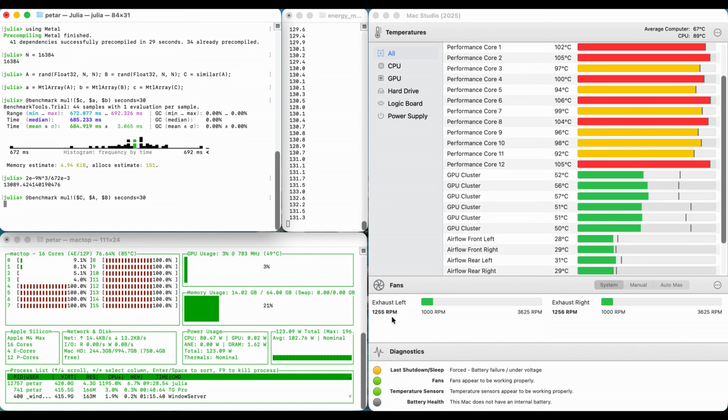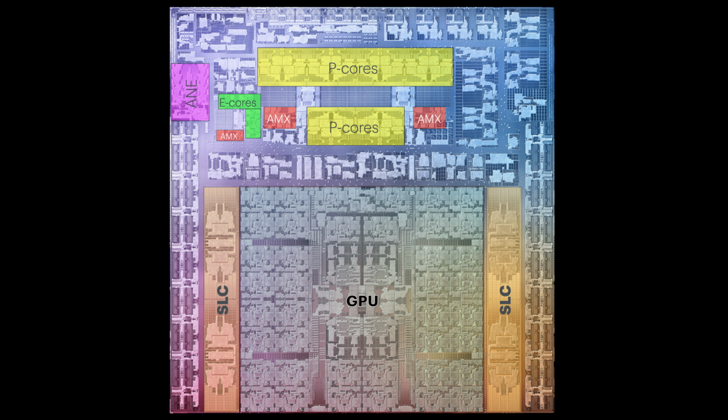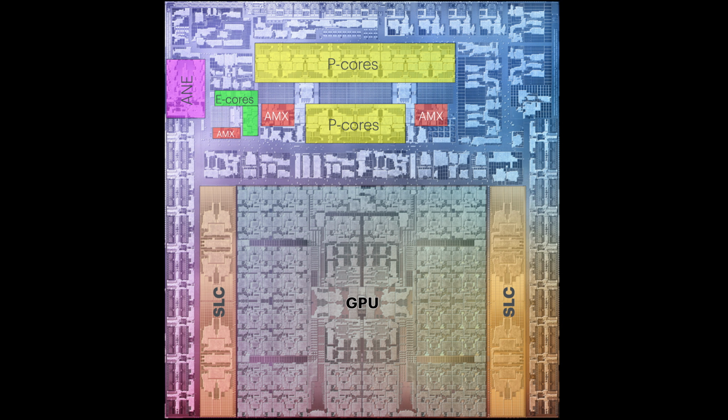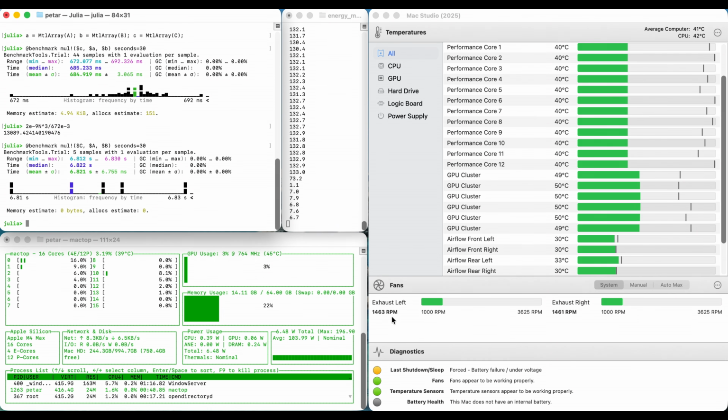You can observe now that the fan speed is ramping up and the CPU temperatures are well above 100 degrees Celsius. The reason why the CPU cores get so much hotter compared to the GPU cores is because they take up relatively much less area on chip. If you look at this die shot, the performance cores highlighted in yellow occupy only about 22% of the area of the GPU. If we use the measured execution time, in this case 6.8 seconds, and apply our old formula,